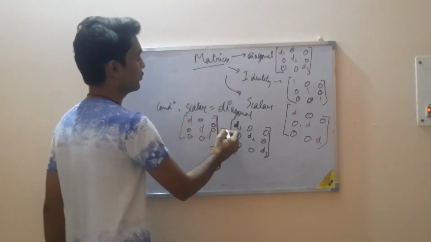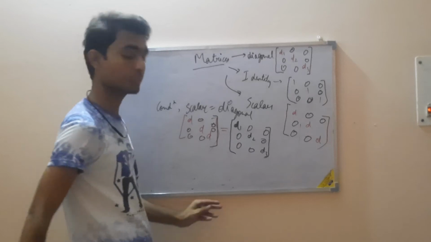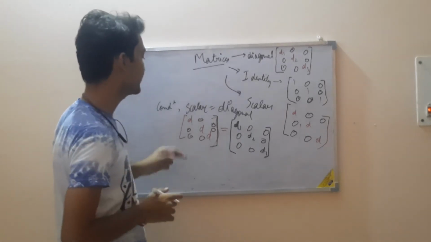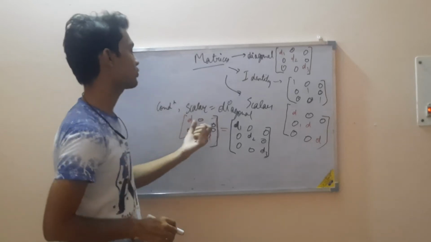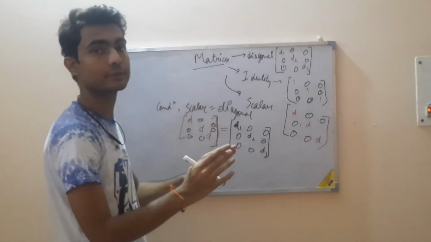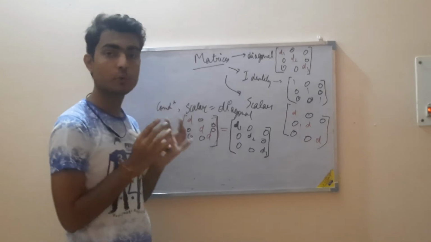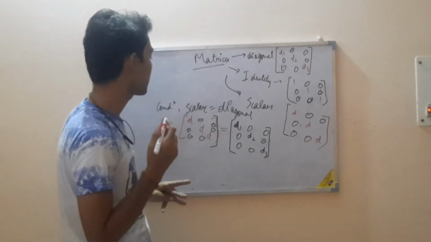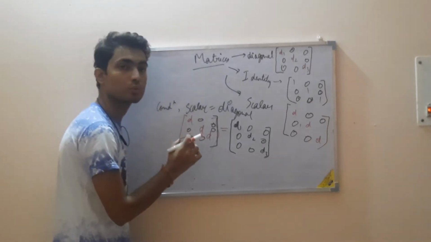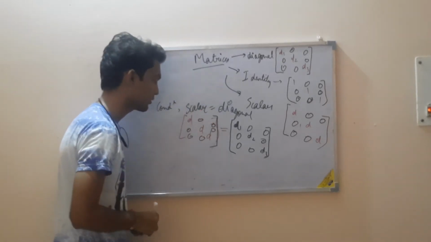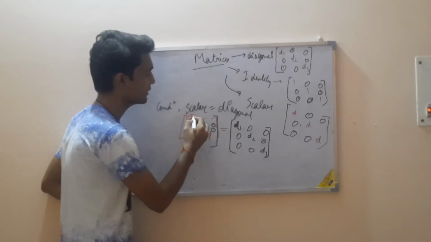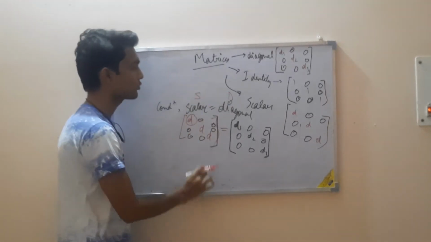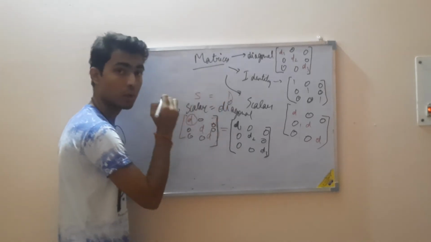What we need is for both of these matrices to be equal. For two matrices to be equal, their corresponding values should be equal. What I mean is, if we have a scalar matrix S and a diagonal matrix D, and we have to show S equal to D, what we require is